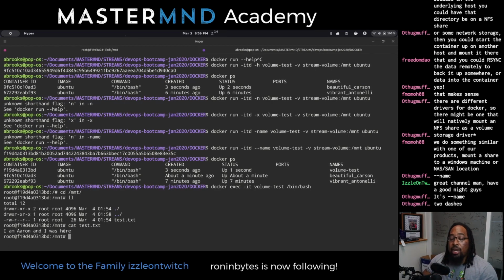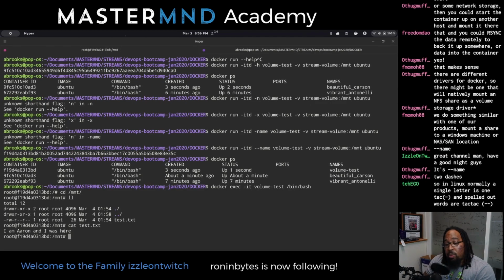So we're able to connect to a shared drive for one. So that's nice. You can connect multiple containers to the same volume, which is excellent. So you can share data, you can persist data between them, which is super duper cool and very important, something that you need to do a lot.